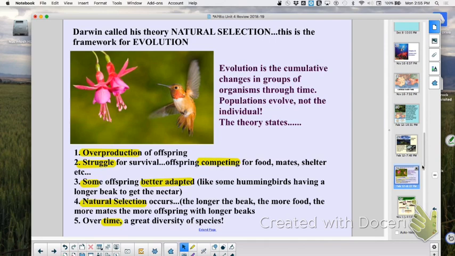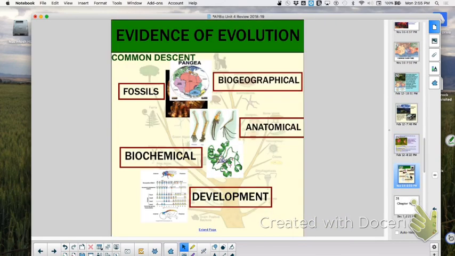And we looked at all these pieces of evidence of evolution. You remember all of these? Biogeographical, we looked at fossils. To be a fossil, you have to be over 10,000 years old. That was a piece of evidence. And we said in the fossil record, we can see gradual change over time, right? We can see transitional fossils. Did I have you learn all the eras in this one? I can't remember. Cenozoic, Mesozoic. Okay, that's different. Never mind.